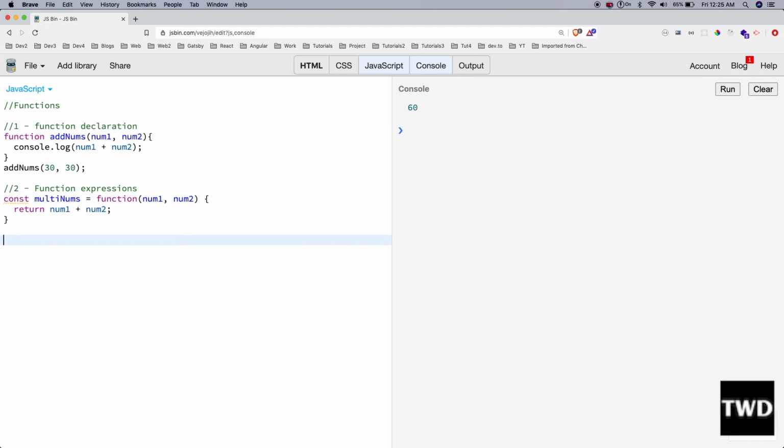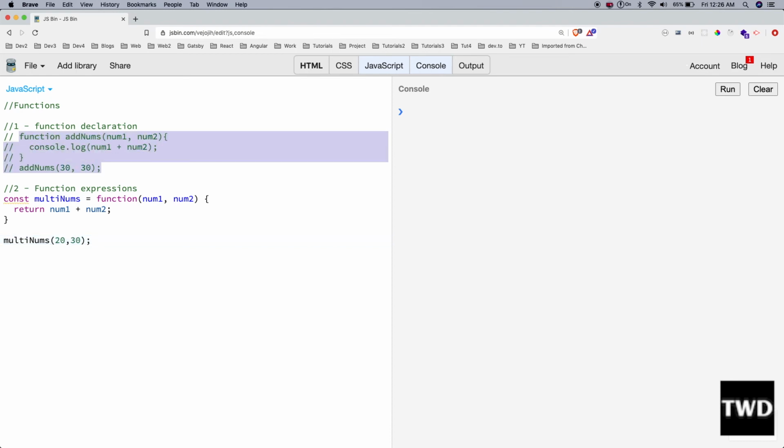So I can call this function like earlier, add nums, but I'll call multi nums with 20, 30, but nothing will happen because we're not console logging or anything. Let me comment this out. For now, nothing will happen, and it returns something. So what does that mean? It means